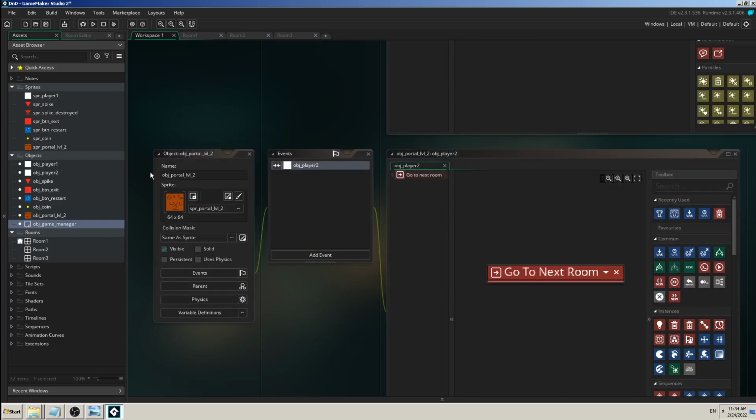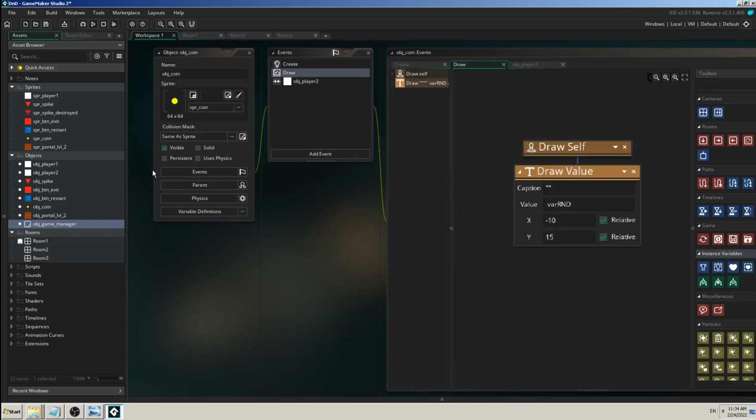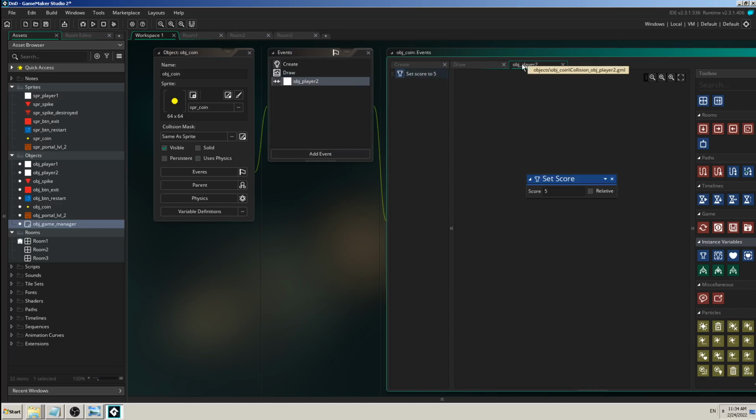So let's do it. That sounds like a bit more complex problem, so let's try to do it in a step-by-step approach. First of all, I need to define somehow a kind of collision. We already did that a few moments ago with coin and obj player. So when I touch obj player, set score 5, but